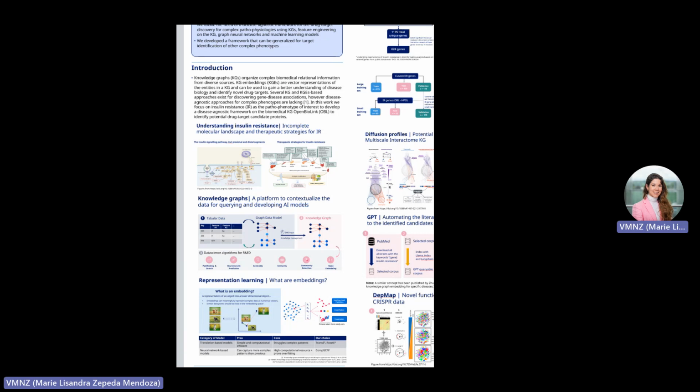The embeddings can be used as input features for traditional machine learning and graph neural network models to gain a better understanding of disease biology, identify new drug targets, and aid target prioritization for experimental validation. Several approaches exist for discovering novel gene disease associations using knowledge graph and knowledge graph embeddings. However, disease-agnostic identification approaches of novel drug targets for complex phenotypes, which involve several diseases, comorbidities, and biological functions, are